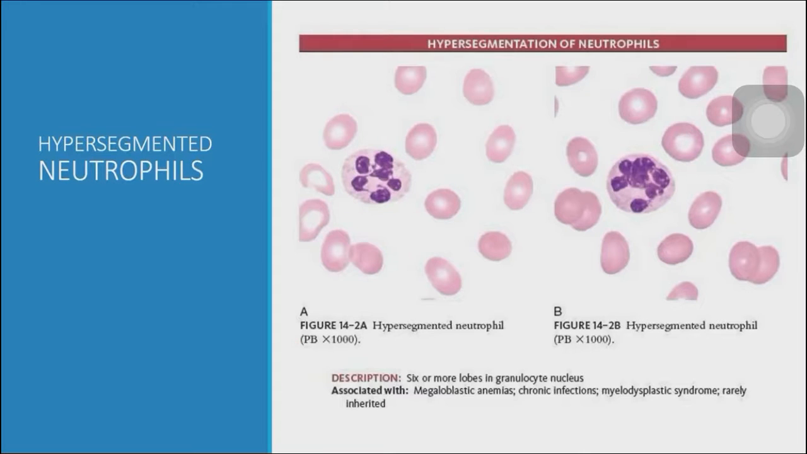So, what conditions are associated with hypersegmented neutrophils? We have megaloblastic anemias, chronic infection, myelodysplastic syndrome, and rarely inherited causes. Aside from that, you can also add what we call WHIM syndrome. WHIM syndrome is a rare immunodeficiency syndrome. WHIM stands for warts,